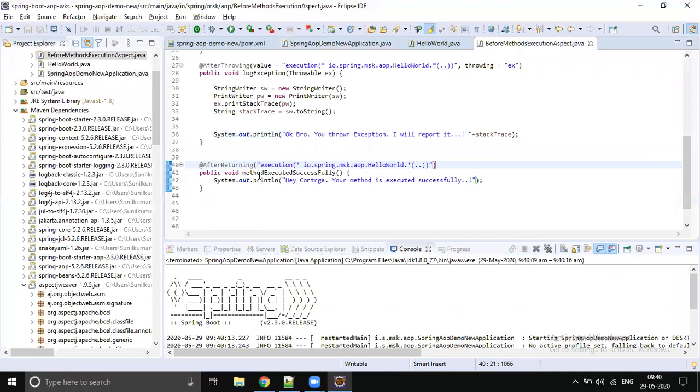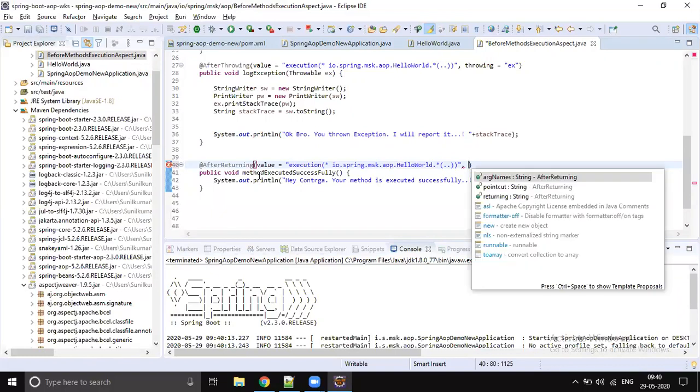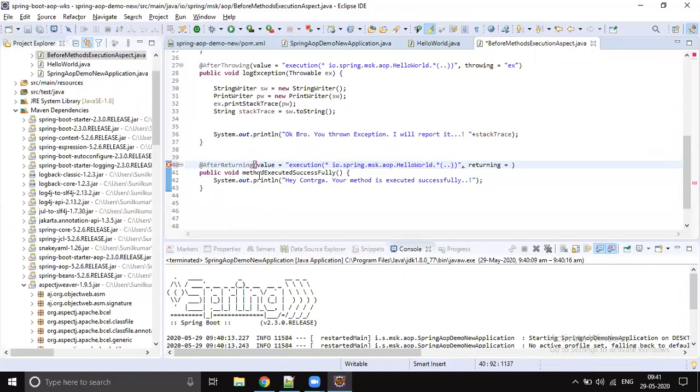So on the after returning, you can get that returned object by using the returning parameter, right? We don't know what is going to be returned, so let's return that object. Once you get the object, let's return the object. So you can get some control on the return type also, right? So what data is returned, if you would like to know, you can still have some control on